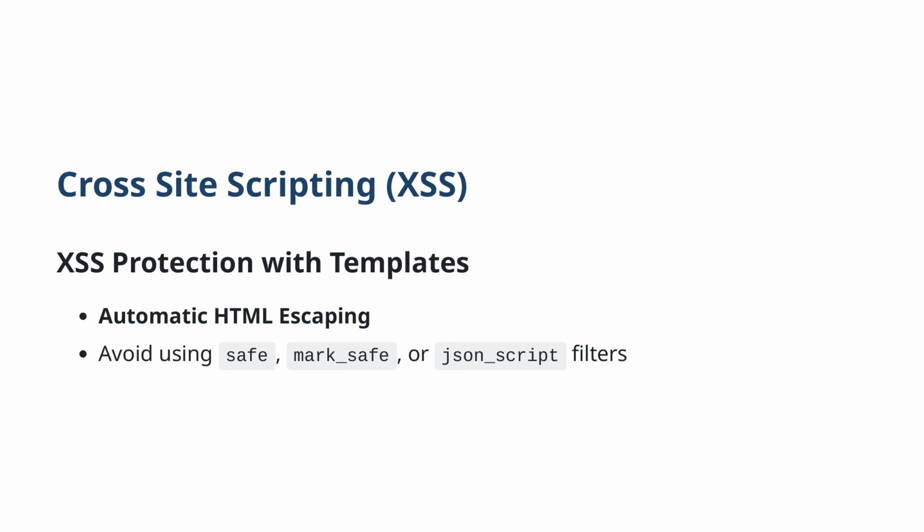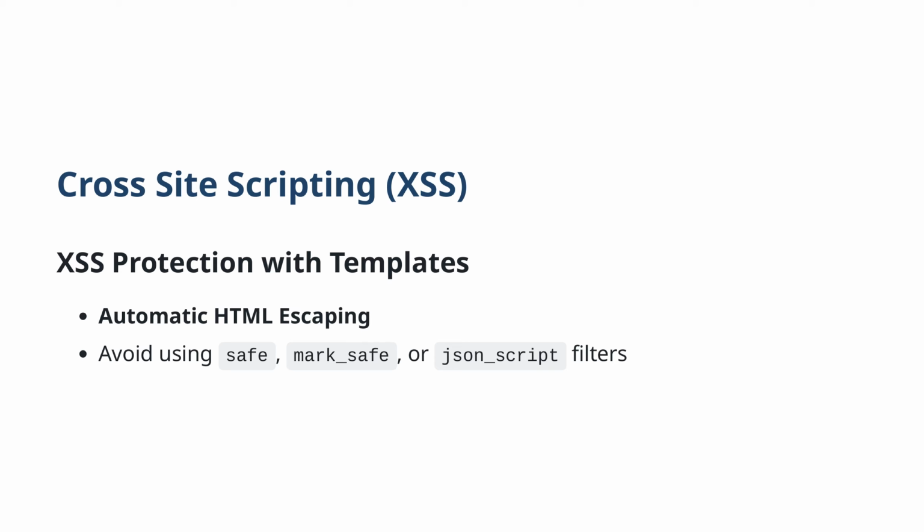Cross-site scripting, or XSS, is a security vulnerability that allows attackers to inject malicious scripts into content from otherwise trusted websites. On this slide, we'll discuss how to mitigate XSS risks using Django templates. One of the primary methods for XSS protection in Django templates is automatic HTML escaping. By default, Django templates automatically escape any HTML content rendered to the page. This means that any data you display in your templates is treated as plain text rather than HTML, preventing the